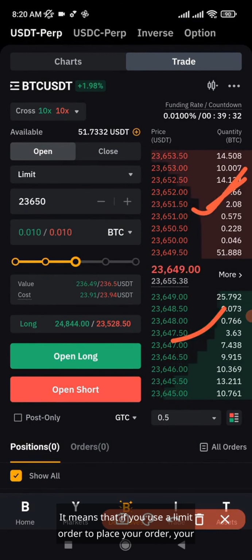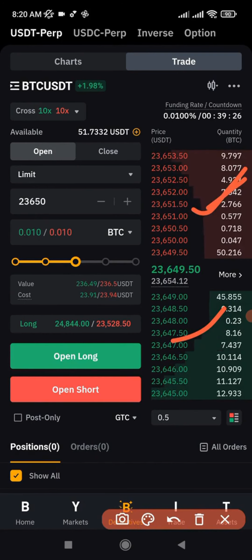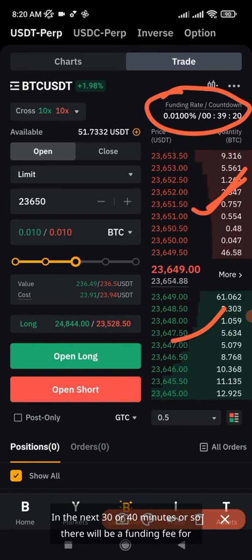It means that if you use a limit order, your order will appear here, and when it's your turn, your order will be executed. Okay, so up here is where you can see the funding fee countdown. In the next 30 or 40 minutes or so, there will be a funding fee for those of you